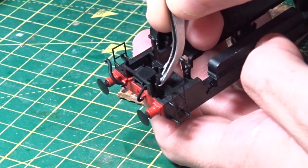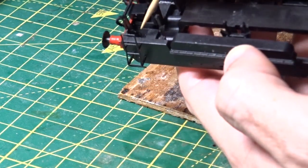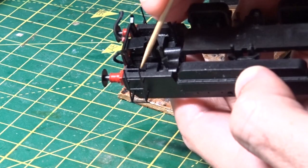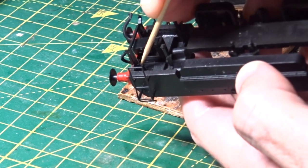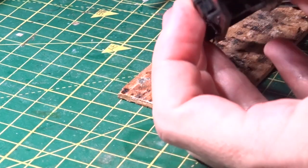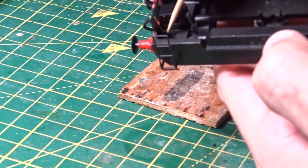So just going to place it just behind the buffer beam here, and where I want it in particular is going to be quite tricky to get first time round. I'm just going to move the guard iron with the toothpick or cocktail stick, whatever you want to call it, because I want it just to be on the inside edge of the buffer beam, extended part of the buffer beam downwards. Sadly I can't quite keep it all on camera whilst keeping an eye on where I'm trying to put it,